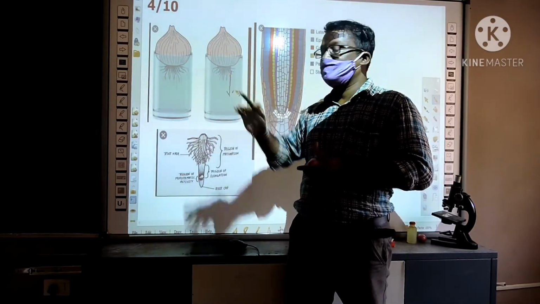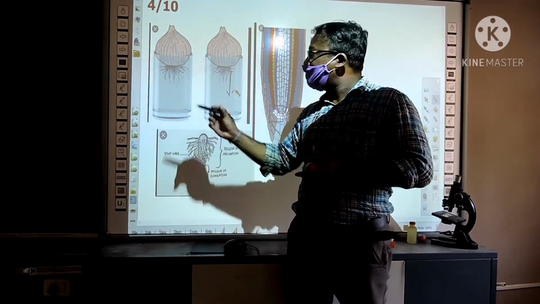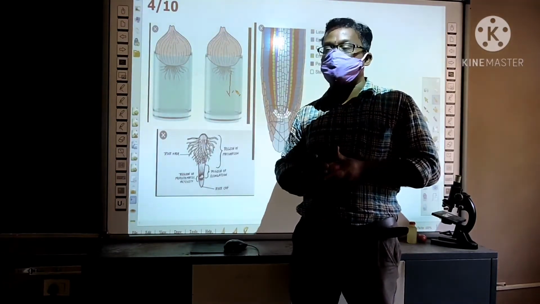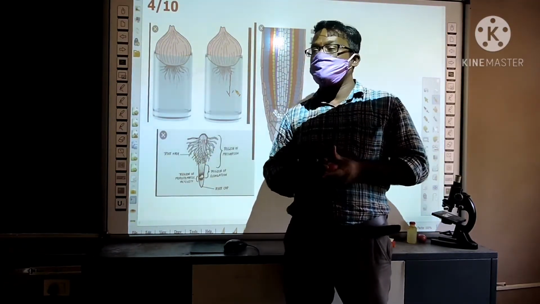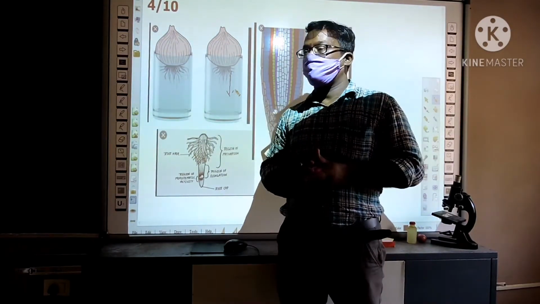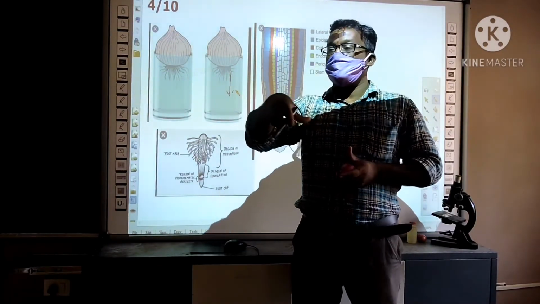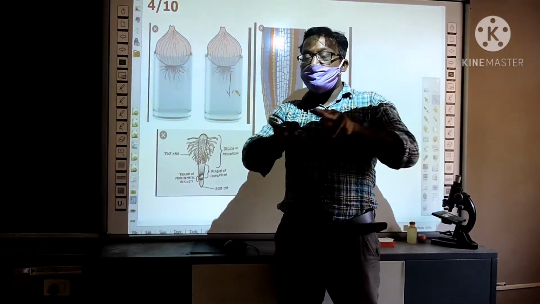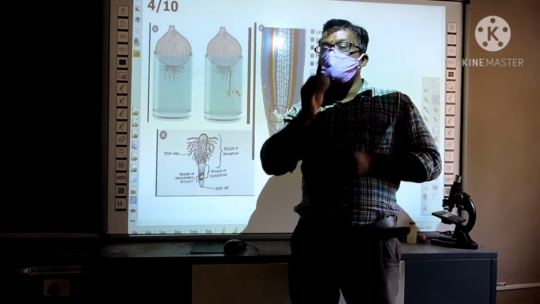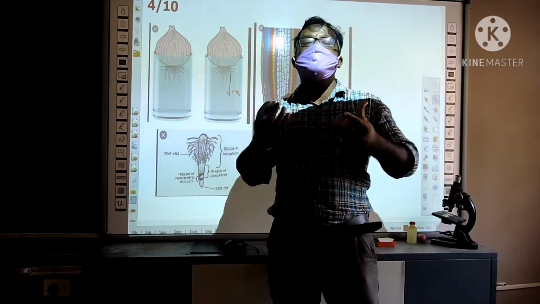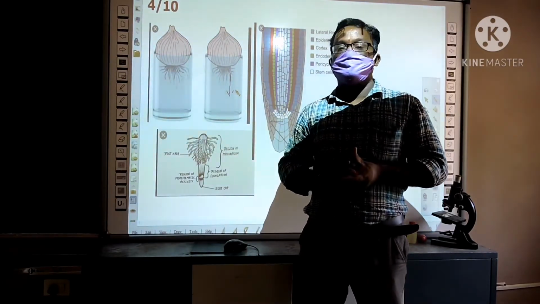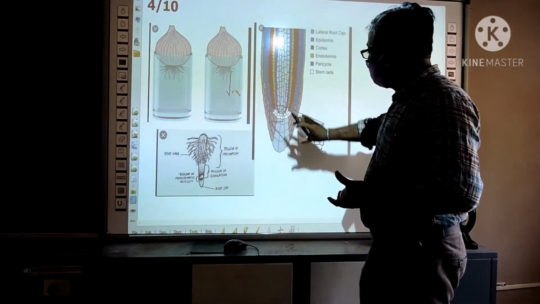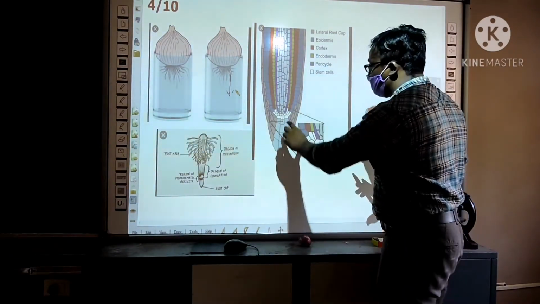You take the roots and cut the end of the root. That is called the root tip. So take some root tips and put them on the slide. You cover it with the cover slip and scratch it, so the root tip will be spread. You can boil it, you can heat it for some time also. Now observe under the microscope. So usually this type of arrangement of cells you can observe.